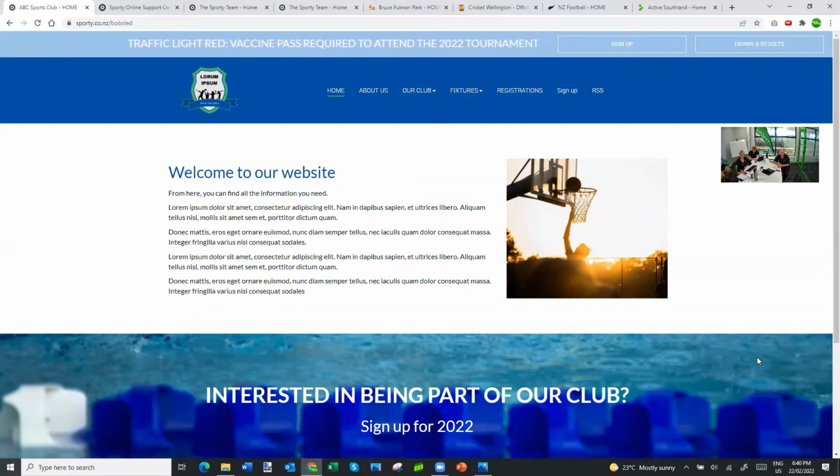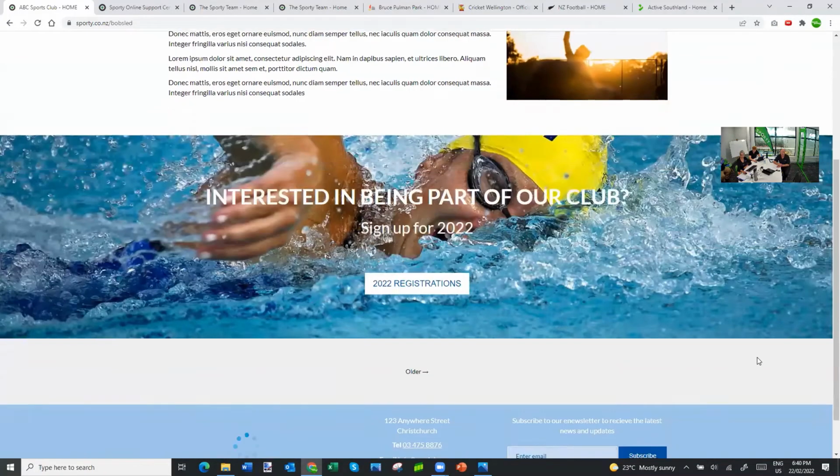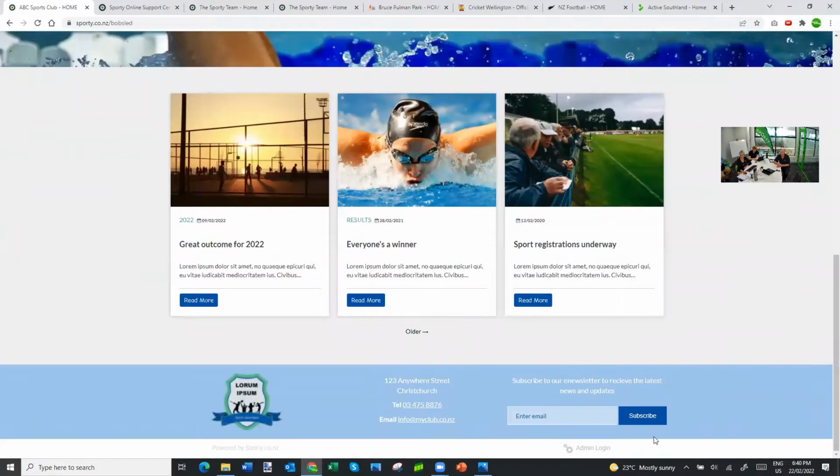So I'm going to assume that you're most probably responsible for, or in some way involved with, the club or organisation website, in which case the starting point is simply to log in, and the login is down at the very bottom right of the screen. You'll see an admin login link there. For anyone that's online that does not have a login and doesn't know how to get one, please come through our support. But when we click the admin login,